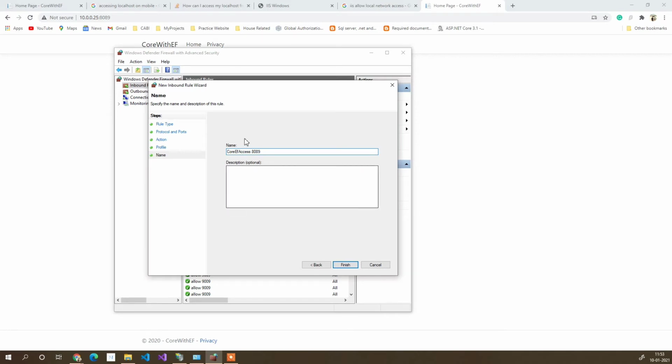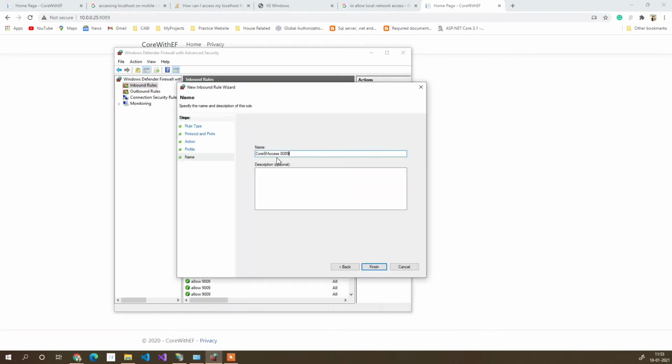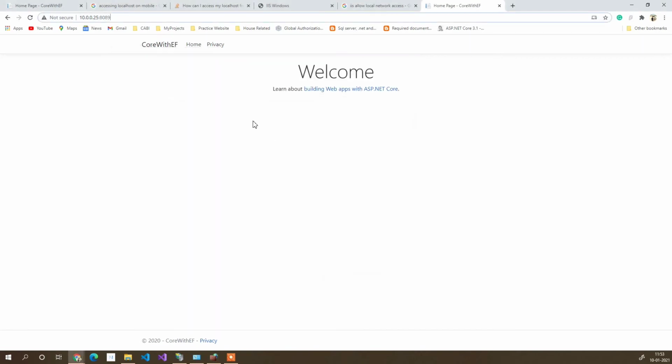It can be anything, and it will be visible here so that you are able to see it. Okay, fine, that is the rule I have defined. So always try to use the application name in this name, so that you can see the rules which you have applied. When you click on finish, it should allow you to access it.